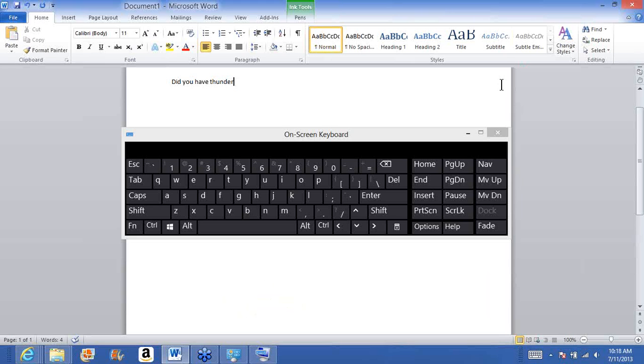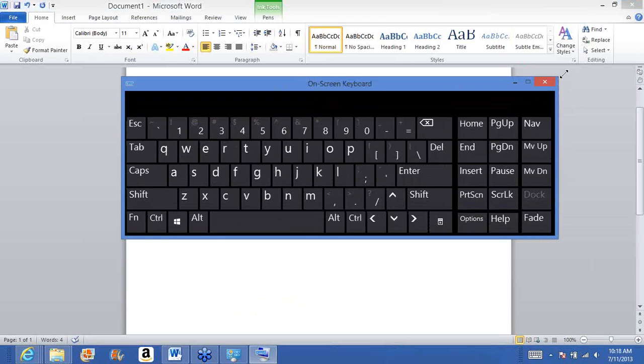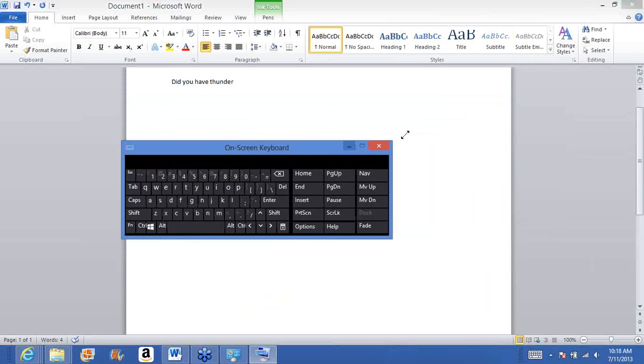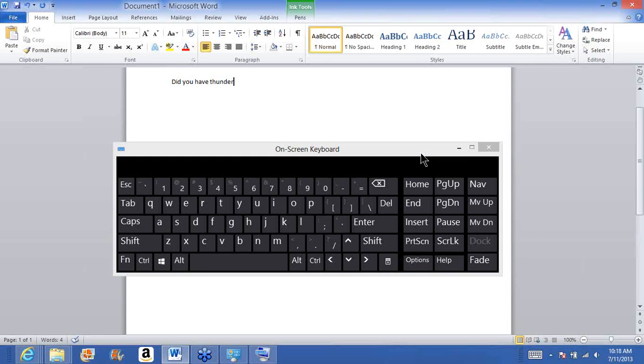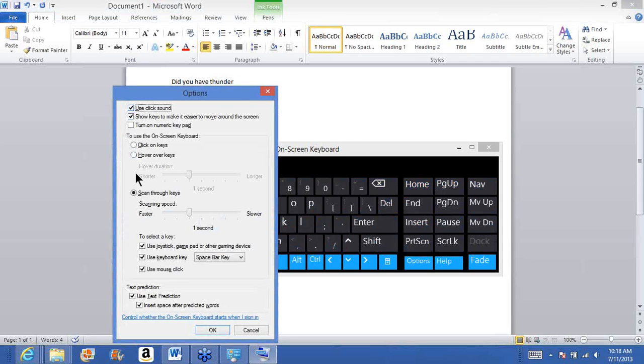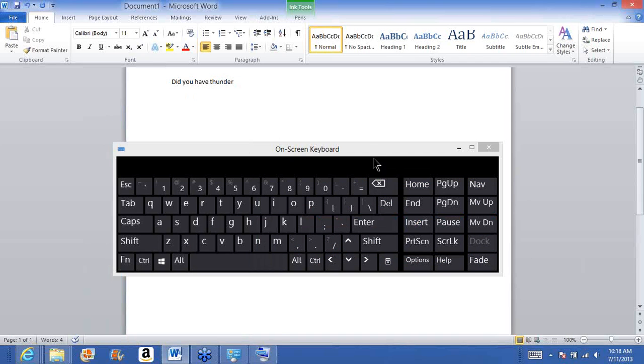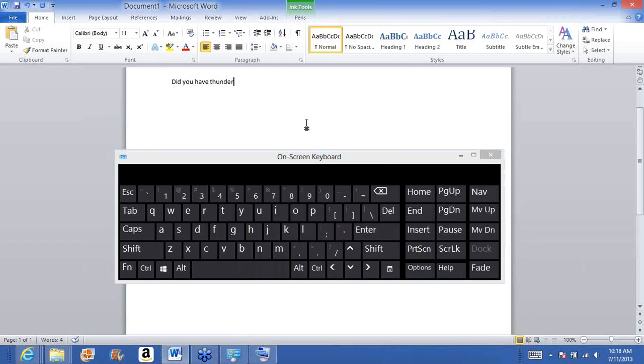Now, I can resize this using my mouse and dragging the corners. This was something that was added in some of the later on-screen keyboards. In the XP version, you didn't have this luxury. And now when I'm going to type, maybe I want to add the word storm. I've been playing, if you can tell. So if I want to add the word storm to my Word document, when I use the on-screen keyboard from the Ease of Access Center, I type in